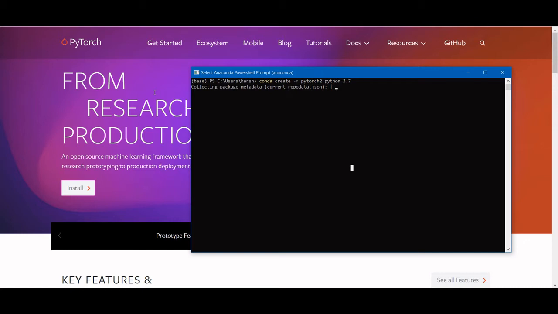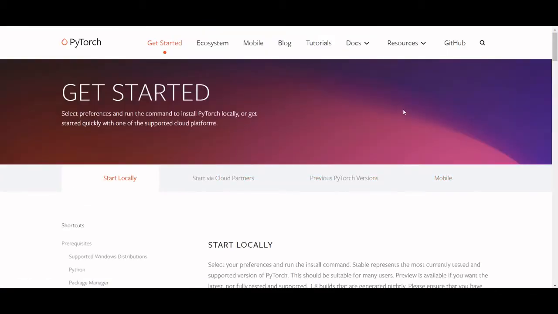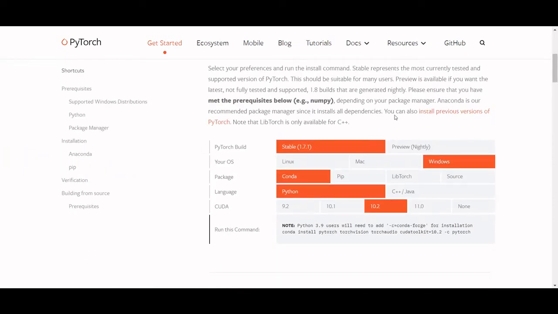After visiting the PyTorch website, click on install. Below, make sure you select these blocks, and in the last row we have something known as CUDA.